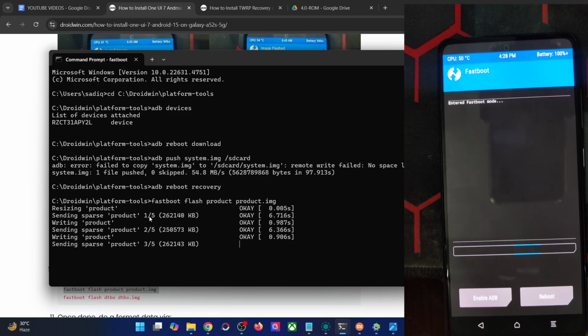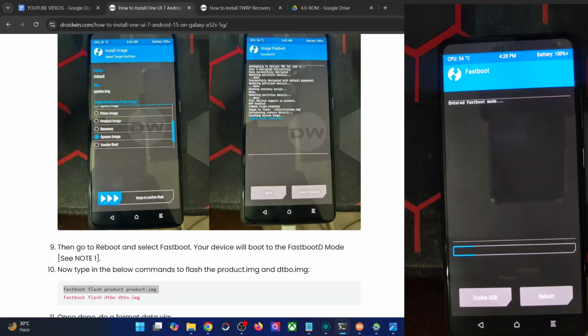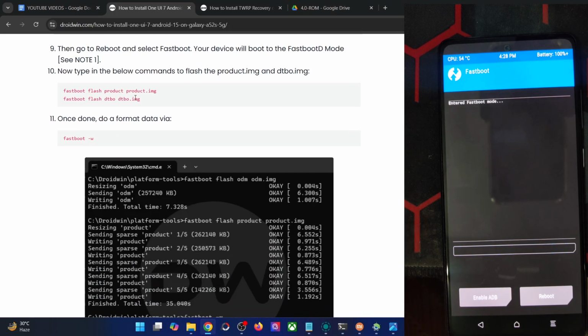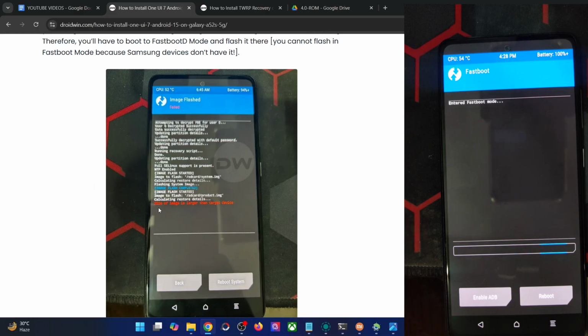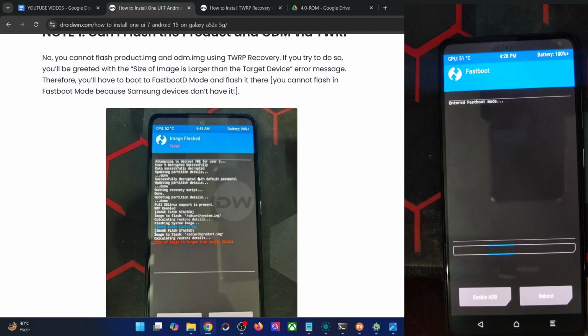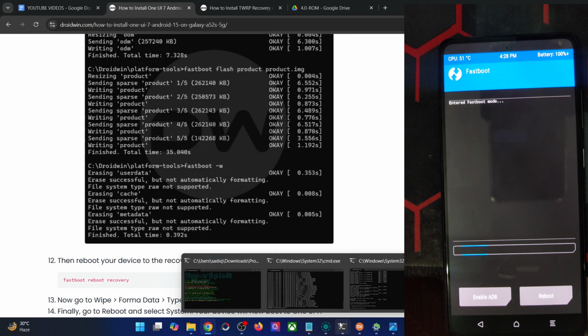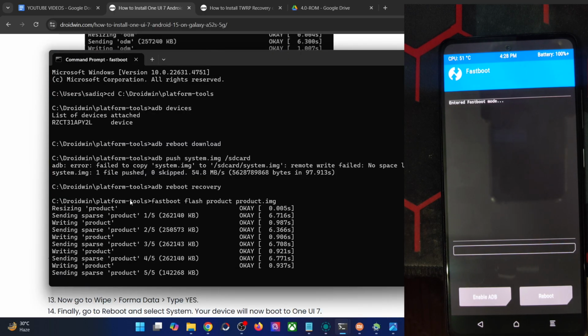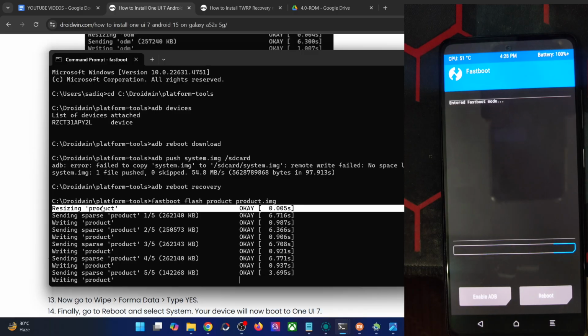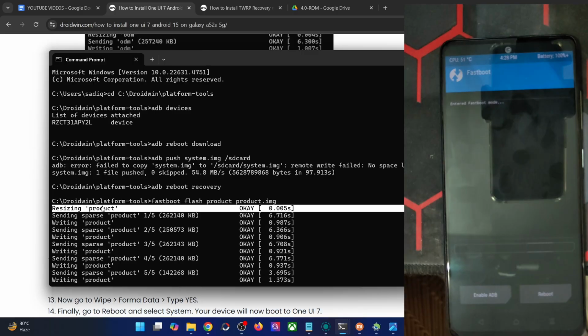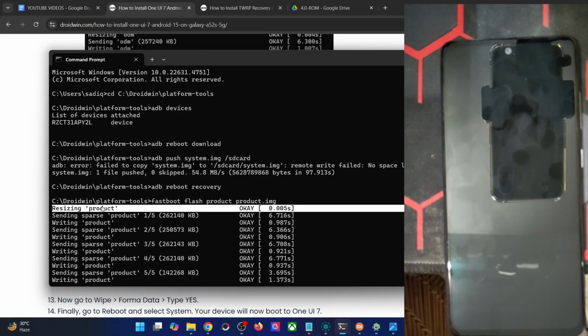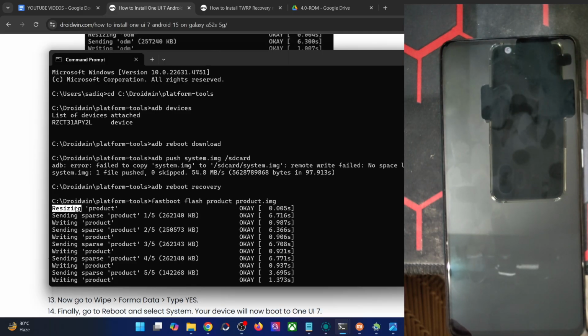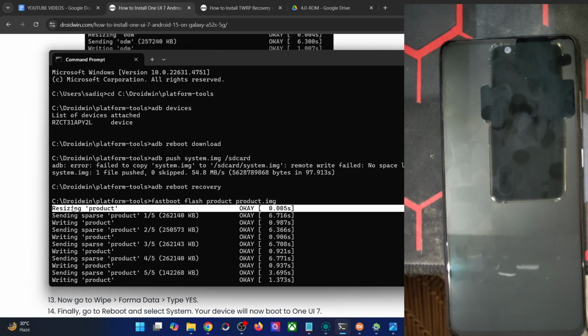Okay, one more thing. You might ask why we are not facing the issue now. If we flash the same file via the recovery, we get the error "size of the image is larger than the target device". So why is it happening in the recovery but not via the fastboot command? In case of fastboot, you can see it's automatically resizing the partition as well as the file, and that is why we are not facing this issue. In case of TWRP, the resizing did not happen and we faced that issue, but over here the file has been resized and we are not facing that issue any longer.